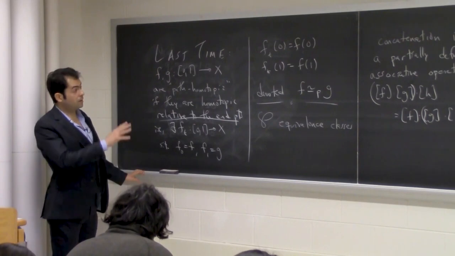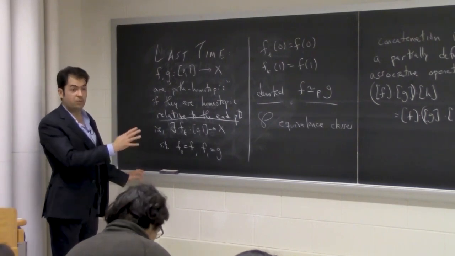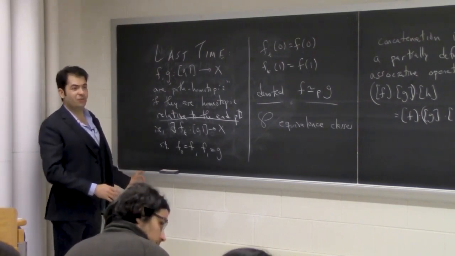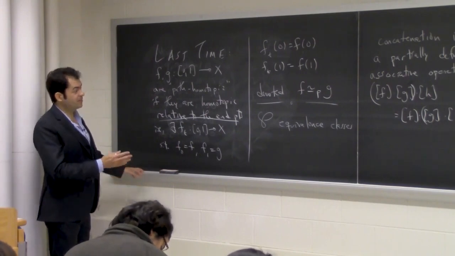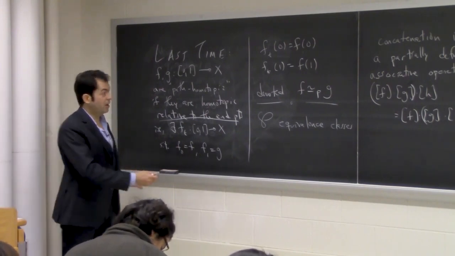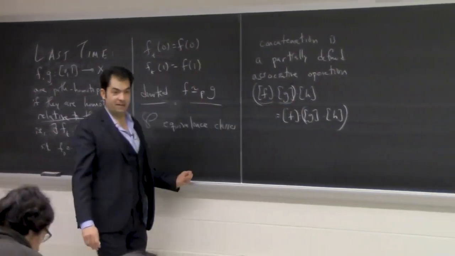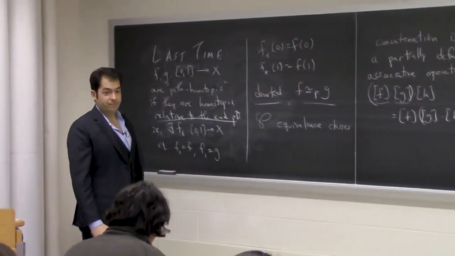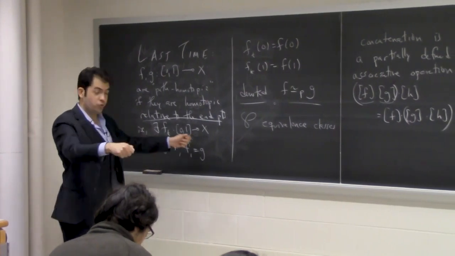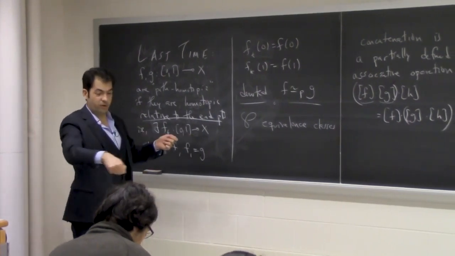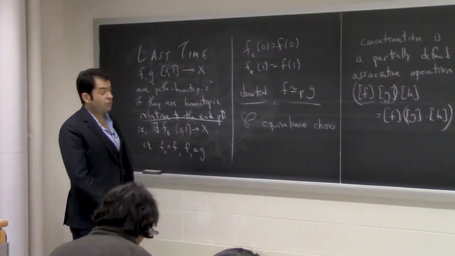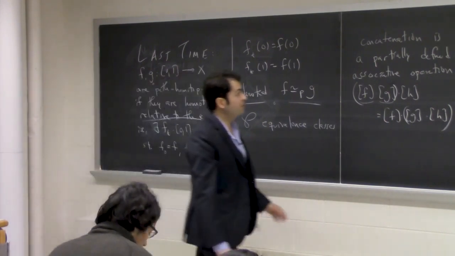Okay, we have a partially defined associative operation. It's partially defined because you can only concatenate if the right endpoint of this path is the same as the left endpoint of that path. Right, so that if you were drawing it, it makes sense that this one starts where that one ended. So it's partially defined in that sense, but it does have,